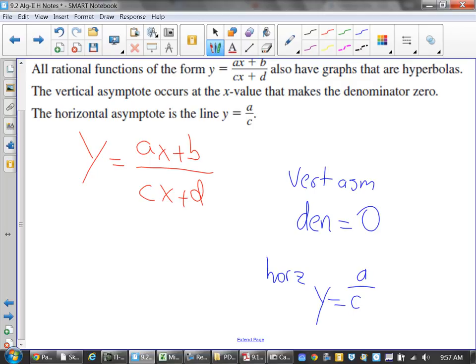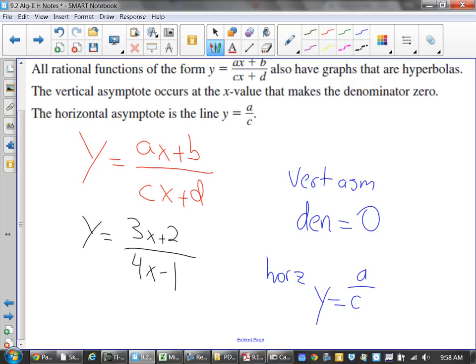So if I use this as an example, y equals (3x plus 2) over (4x minus 1). If I use that as my equation, notice how it's a lot different than that a over x minus h plus k. It's going to be a dead giveaway which one's which. Okay? It's a dead giveaway.